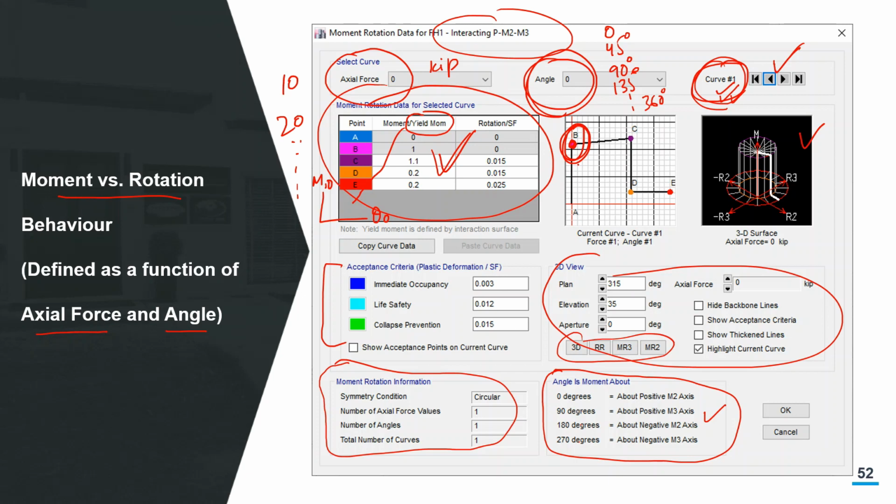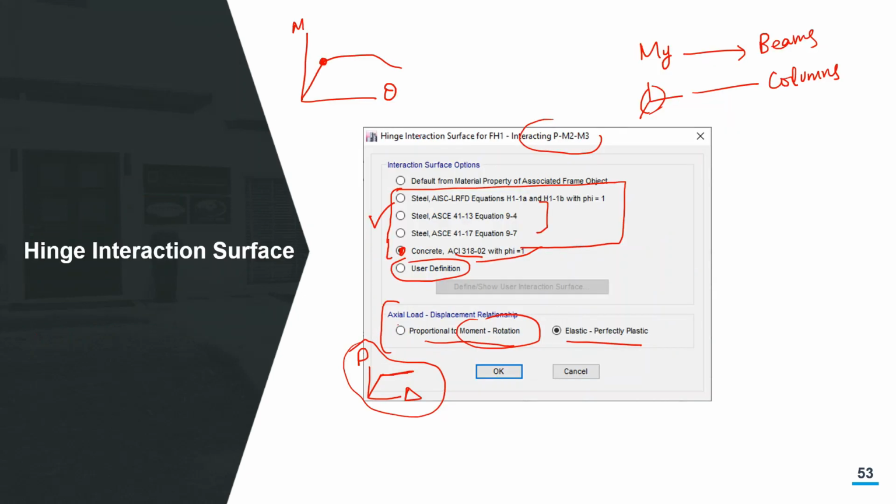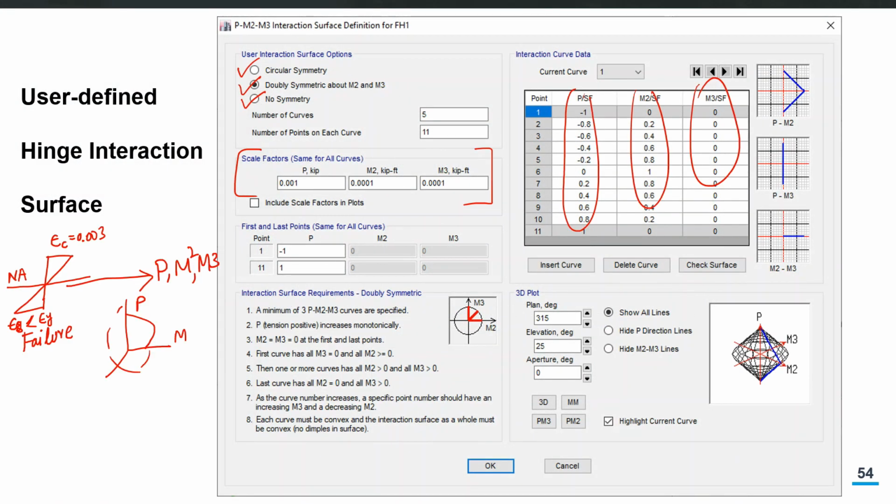So whatever is the moment corresponding to the yield of steel, for example, because anyway, when you are towards the top of the P axis action deformation curve, you are already governed by axial action. You are not governed by the flexural action. If you are somewhere towards the top of this curve here, then you are not governed primarily by the plastic hinges or flexural deformations. So we just assume that whatever is the capacity point, whatever is the moment corresponding to the surface of this curve, is the yield moment at that particular axial load.